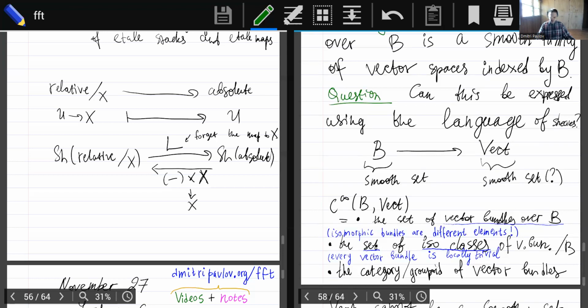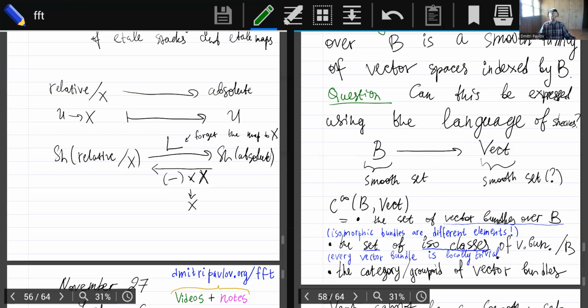Well, if we do take the set of isomorphism classes in this definition, then remember how we talked about how a section of a smooth set can be restricted to an open cover, and the restriction to some open cover contains the same information as the original section. So here, if I restrict a vector bundle to an open cover where the vector bundle is locally trivial, so trivial on every element of the open cover, then all of a sudden I see that